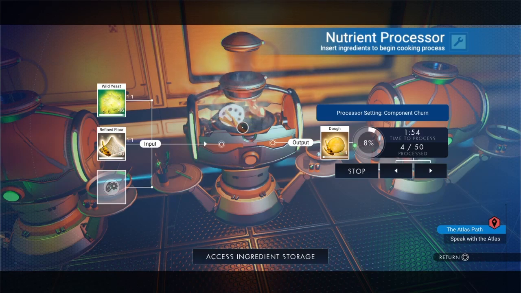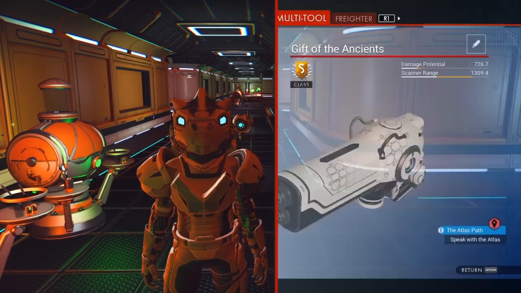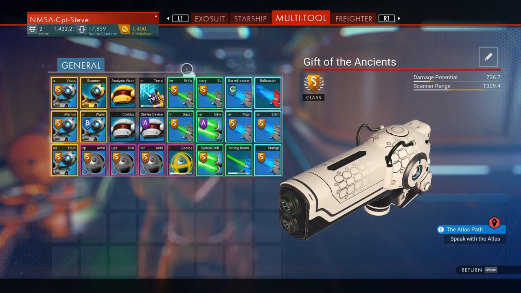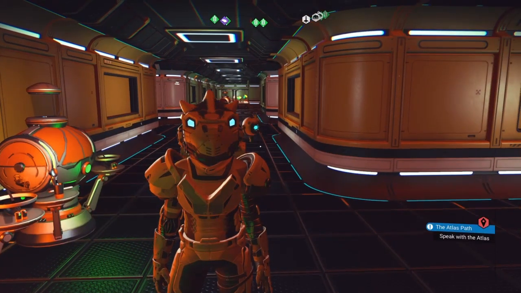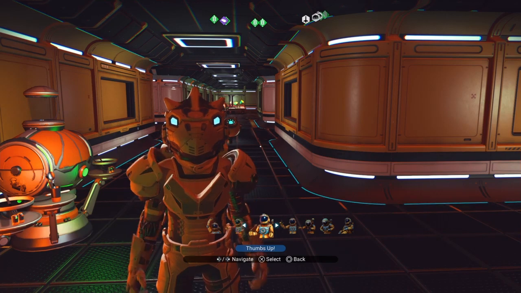make yourself some bread. And you're going to get 50 in a stack, and then what I'm going to do is look at how many nanites I've got. So I've got 17,859 at the moment, pretty odd amount, but I'm going to go over to Kronos. I'm going to be turning this in and just see how much we get for less than 10 minutes work